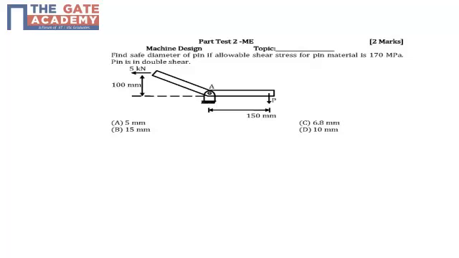Let's discuss a question on machine design where we need to find the diameter of the pin which is in double shear, and the loads are given as shown. To get first the unknown load P, the entire structure is in static equilibrium. So let's first do the moment balance about A, because that would directly give you